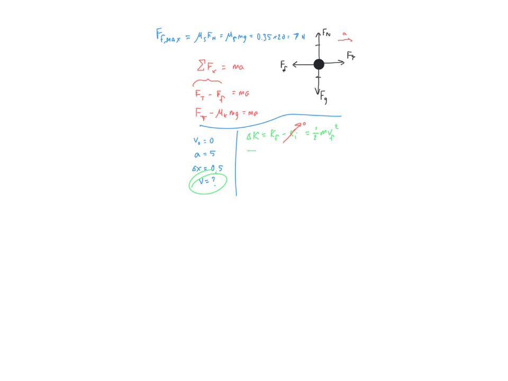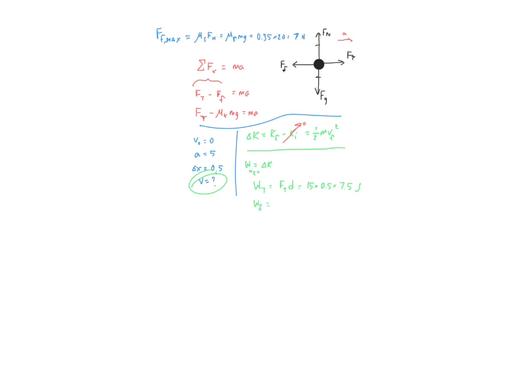The other way of showing it is to remember that the work done on the block is equal to the change in kinetic energy. And this is the net work done on the block. That's the work from all the forces. So figure out the work done by tension, which is called Wt, is the force of tension times the distance the block moves. The force of tension was 15, and the distance the block moves was the 0.5 meters. So you get a work done by tension of 7.5 joules,